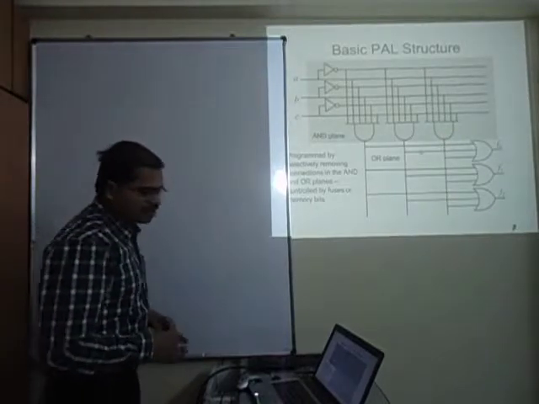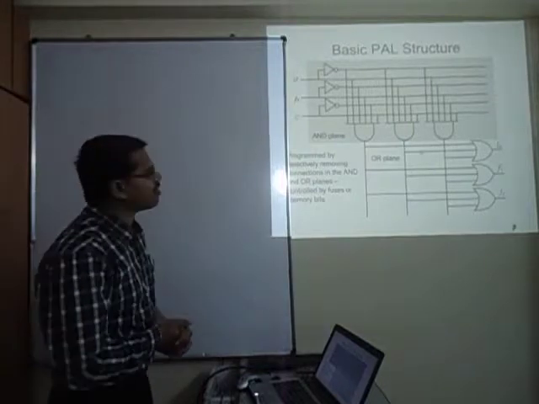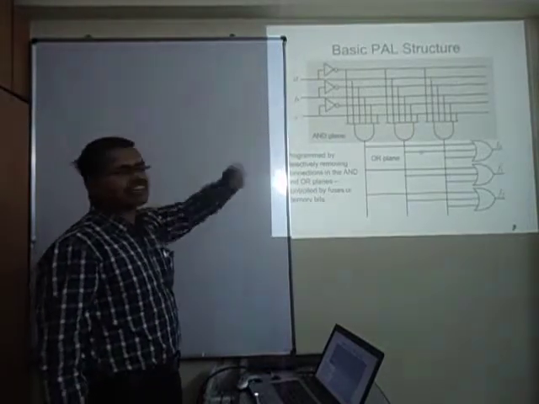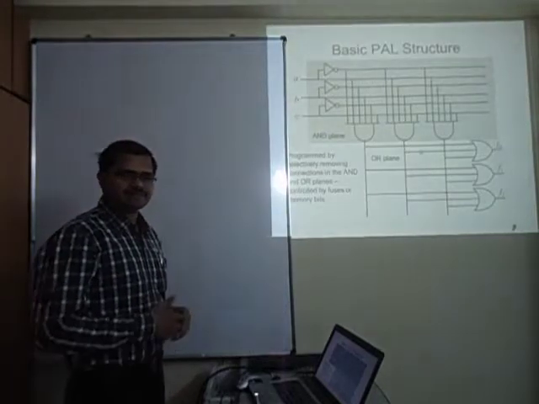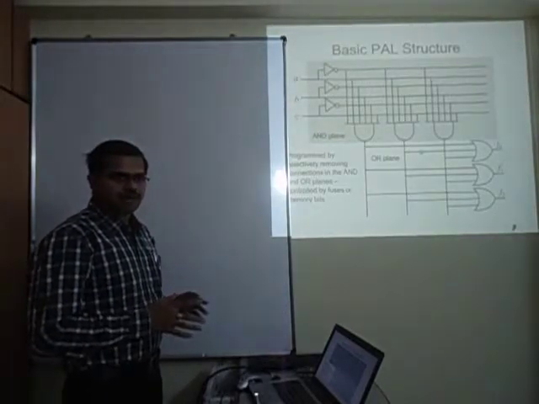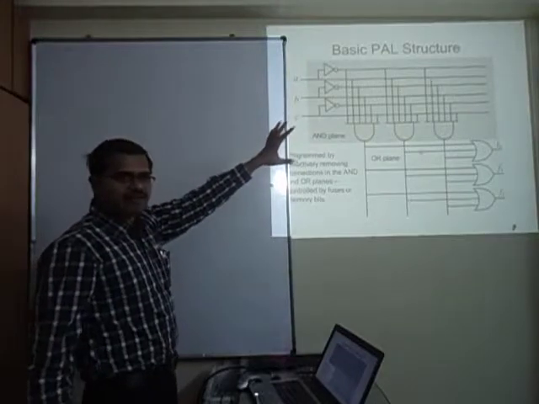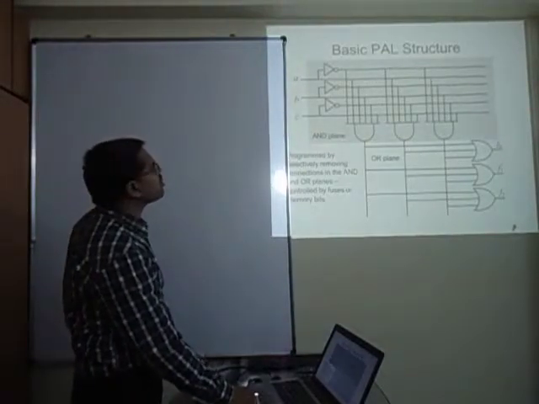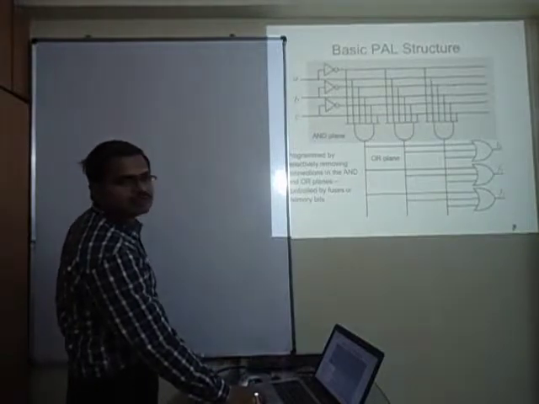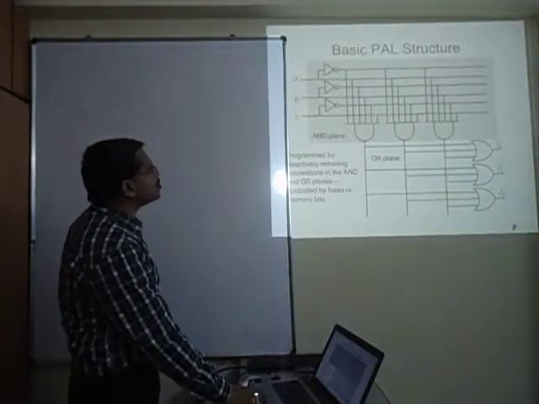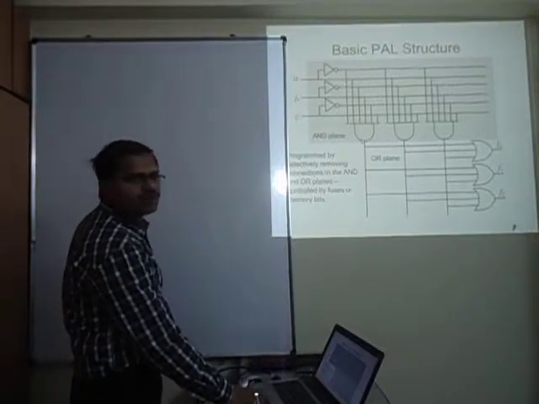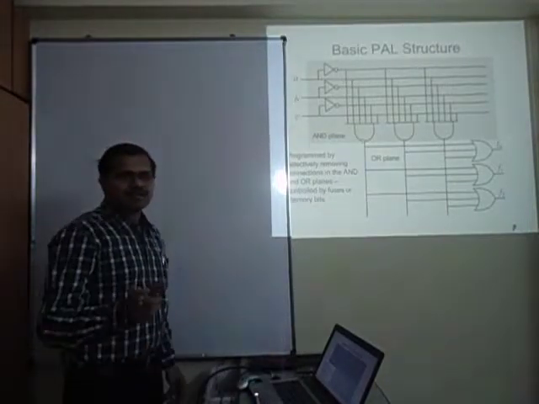So now let us look at what permutations and combinations you can have. A PROM is simply a fixed AND plane and a programmable OR plane. What do I mean by fixed AND plane? This AND gate is going to have permanent connections over here. Got it? So usually when we have a PROM with a fixed AND plane, each AND term would realize basically one